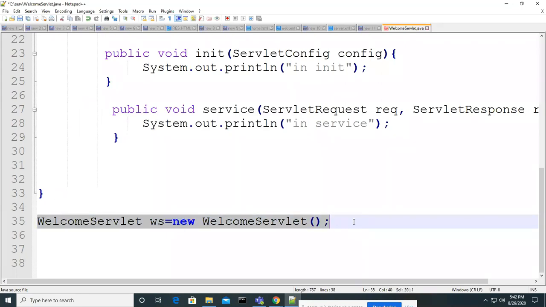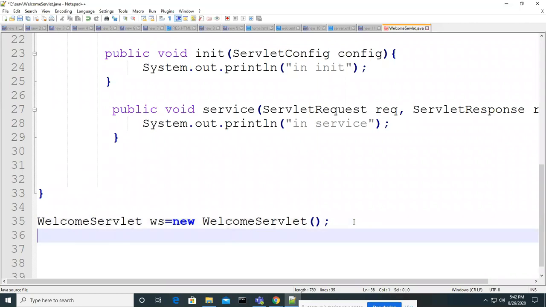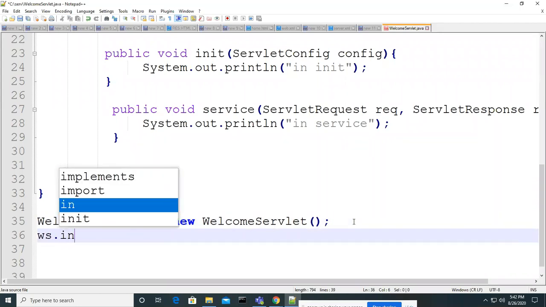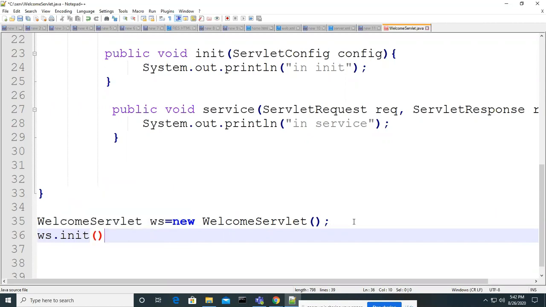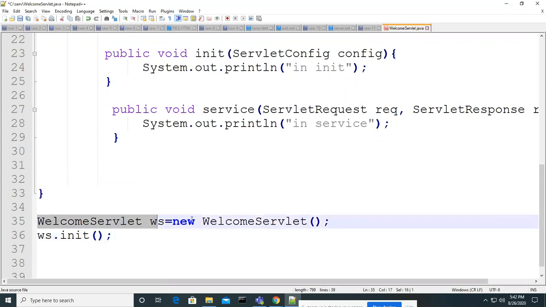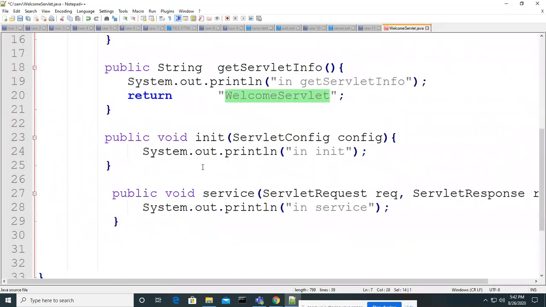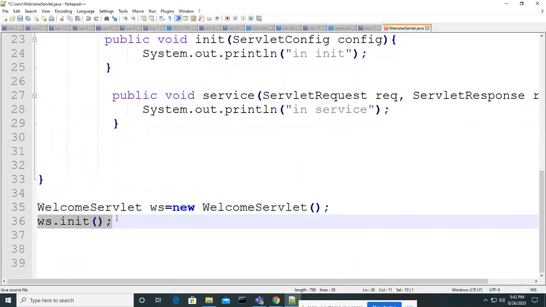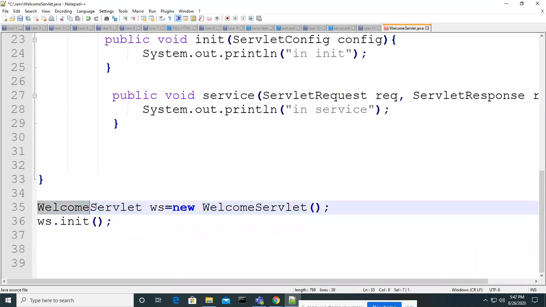After that, as per my requirement, I have to call the init method, and then I have to call the service method. So is it correct? This is the line where we create the object for that class, and this is the line where we are calling. Is there any problem in this line syntactically?